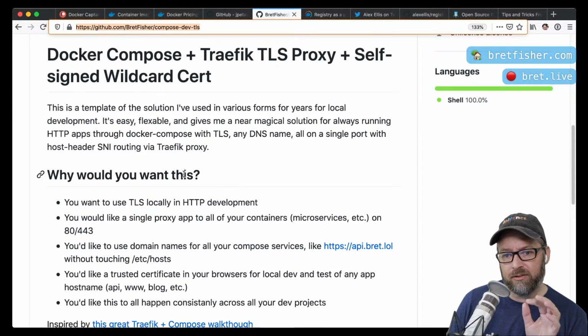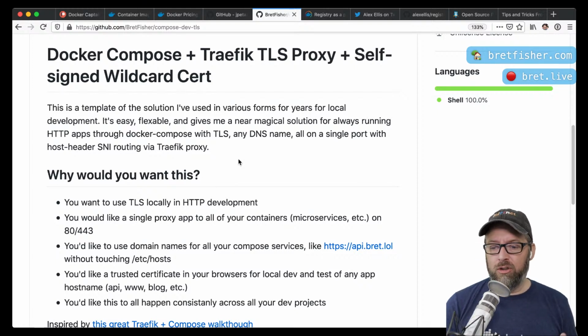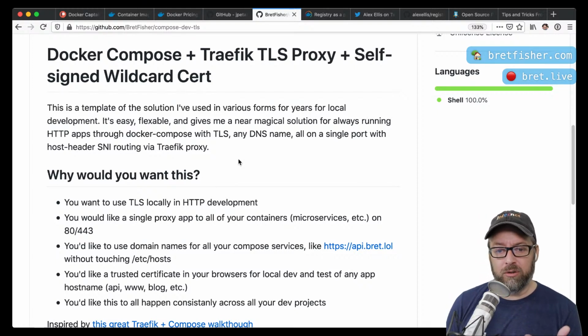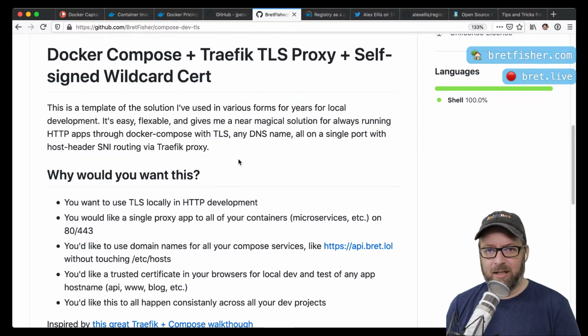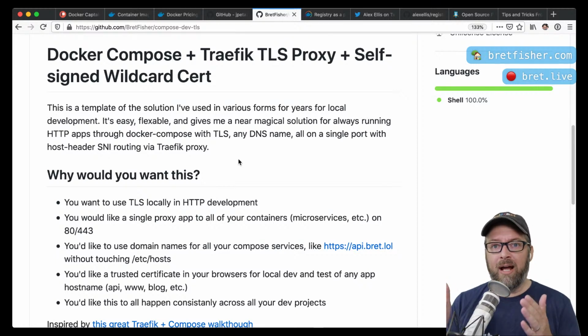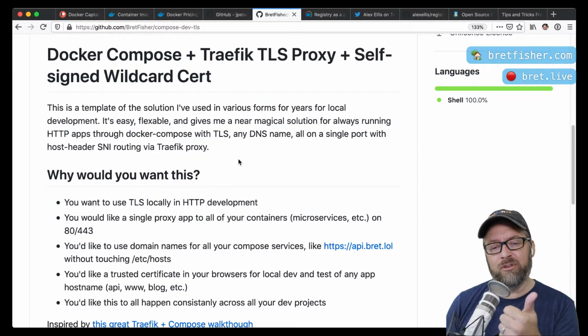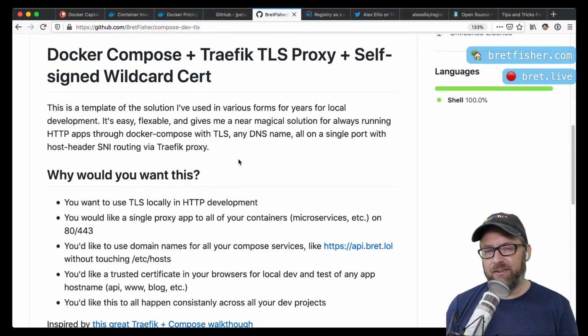The thing that this is good for is when you want to test with TLS locally, and or you would like to use DNS names for local use. So if you're developing and you want to do www.mydomain.com, api.mydomain.com, or maybe www.myotherdomain.com, and all have that on your local port 80 and port 443. You don't have to do TLS, but this thing fully supports both or either. And you also want the certificate to be trusted, but you also want it to be free. You don't care if it's a production certificate because it's just for dev and test locally.